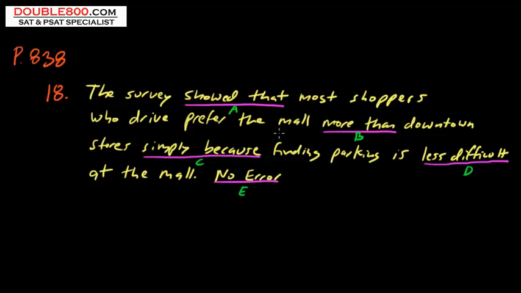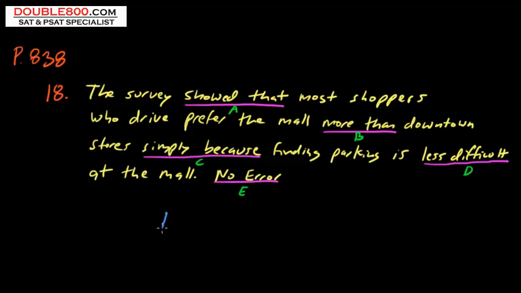Who drive prefer the mall more than downtown stores? So again, not sure about this. Simply because, this is definitely right. There's no way we could correct this. Finding parking is less difficult at the mall. We're comparing parking at two different spots, and it's less difficult. This looks correct. I think a lot of students are inclined to pick E here, but this is probably one